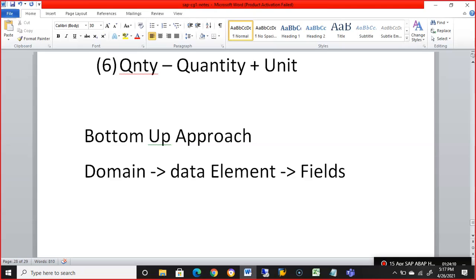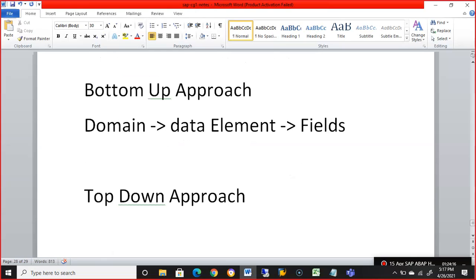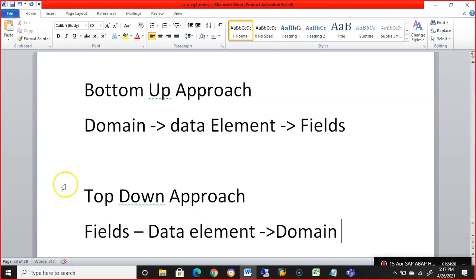Bottom up approach, top down approach. In the top down approach, first we'll create the fields, then the data element, and then we go ahead and do the reverse process, creating the domain. We drill down. This is called top down approach.